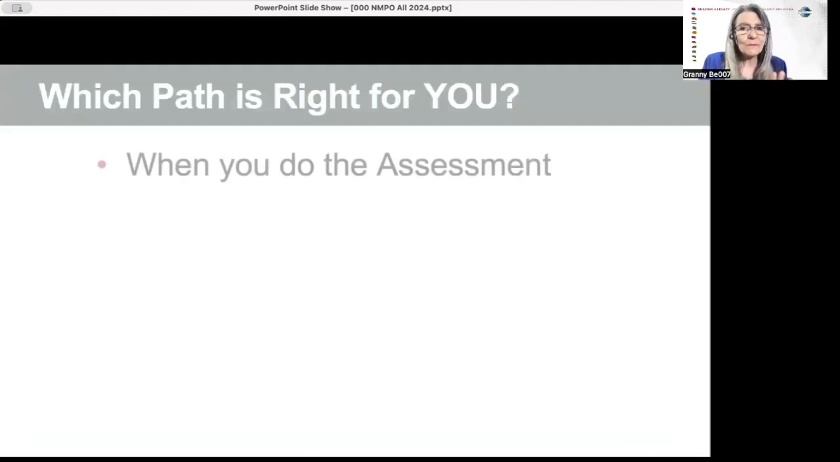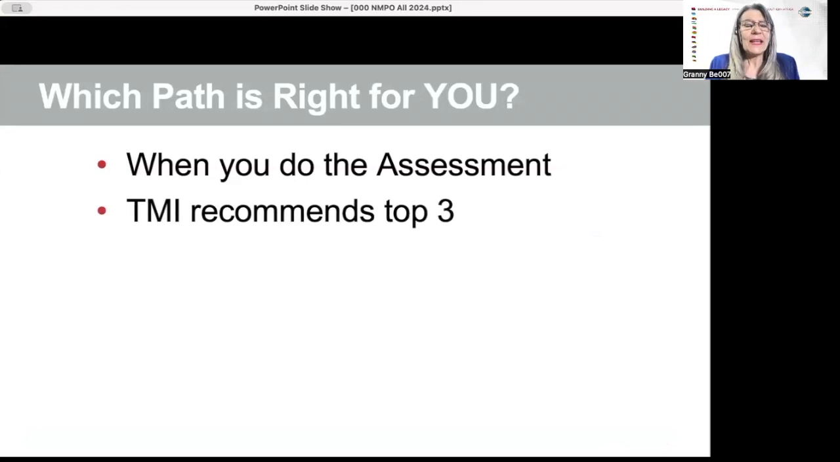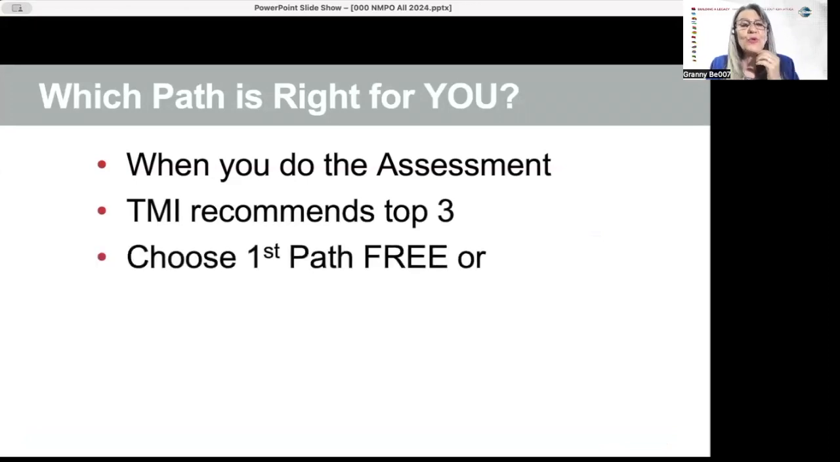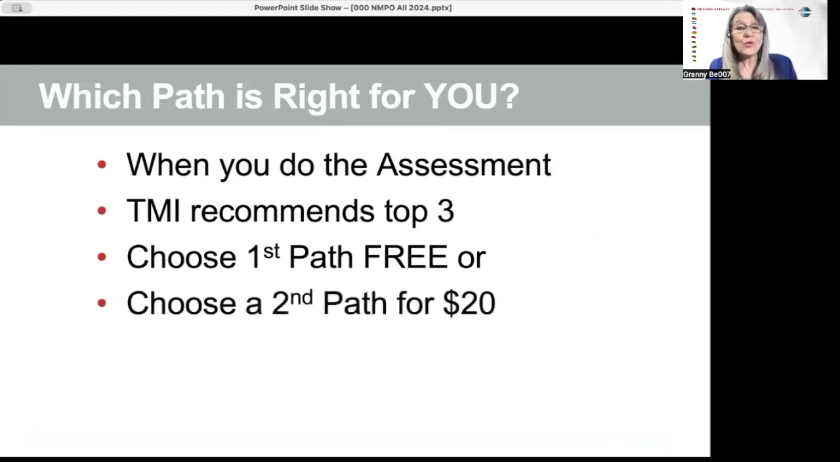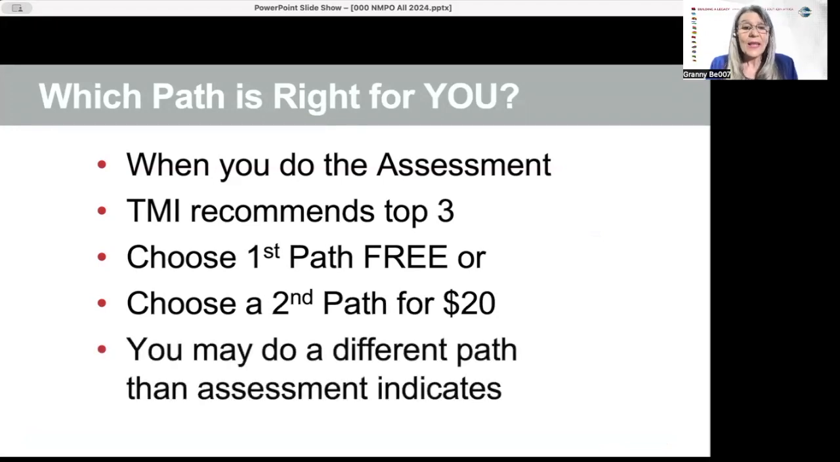So once you've done that, when you do the assessment, Toastmasters International recommends the top 3. You choose one path, and that one is the one for free. Or you choose a second path, and that's the one that you pay $20 for. You may do a different path